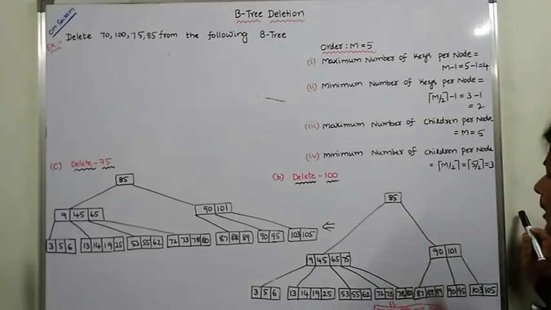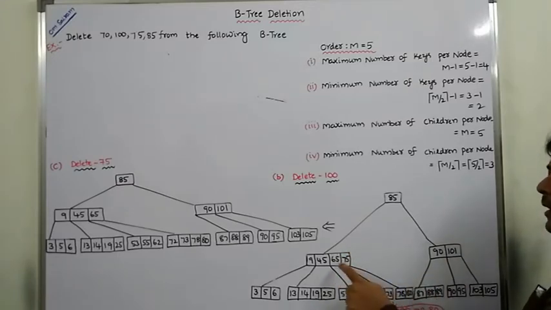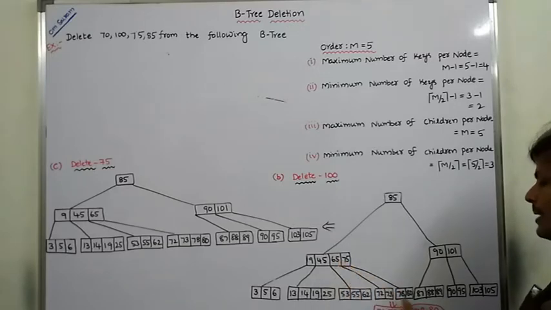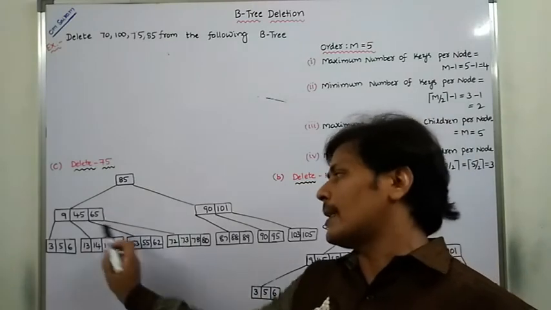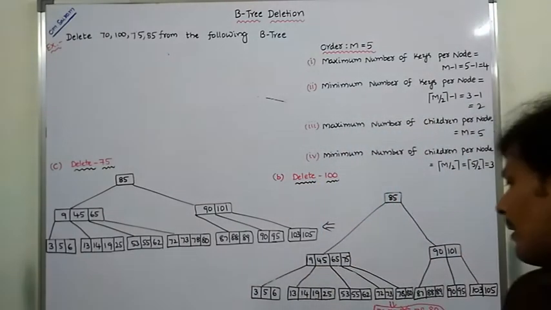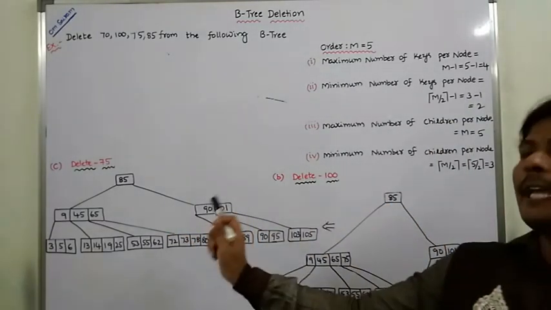Now after merging 72, 73 and also the parent 75, 78, 80, 75 is deleted. After deleting 75, this node becomes 72, 73, 78 and 80. So 75 is deleted at this point also. Now 65 right is this node, and 65 left is the other. There is no change at all. So this is the B tree we get after deleting 75.